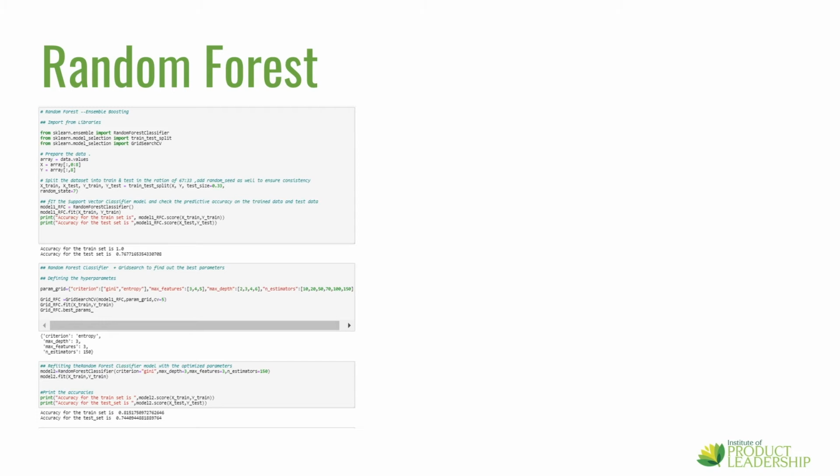Step 2. We will use grid search to get the best hyperparameters for this dataset, and in this case they are namely, the criterion is entropy, max depth of the tree is 3, maximum features is 3 and the number of trees is 150. Step 3. Here we will apply the optimized hyperparameters to generate the model again and then check the train and test accuracy scores. In this case, it is 0.81 and 0.44 respectively.